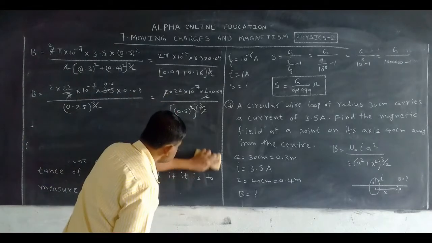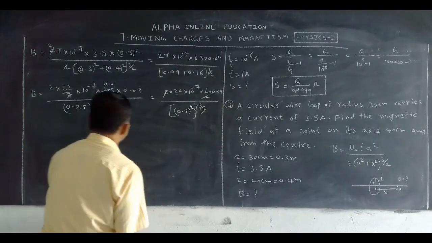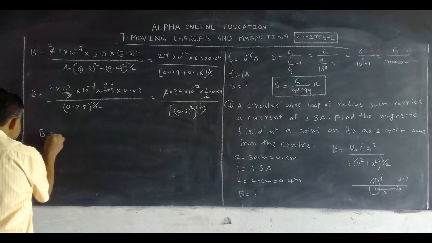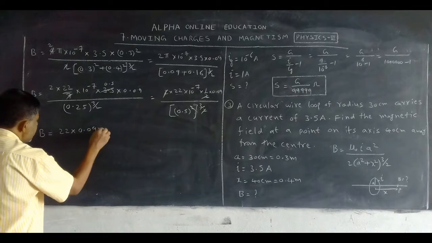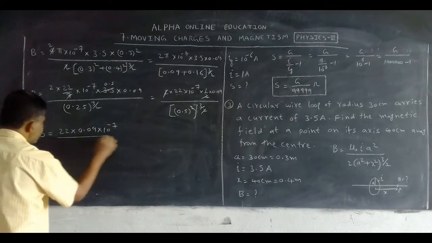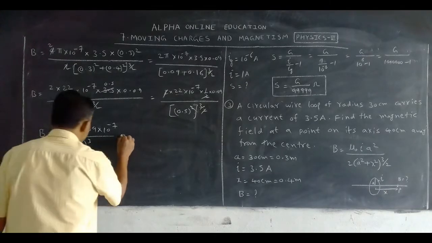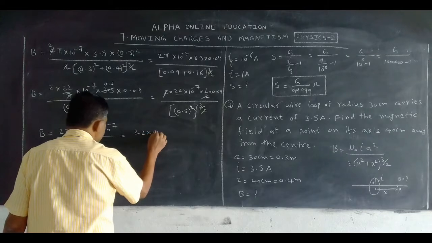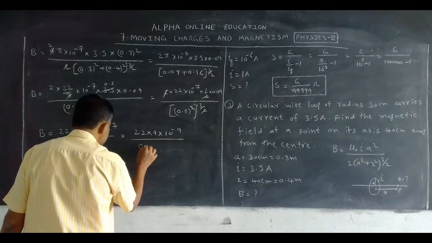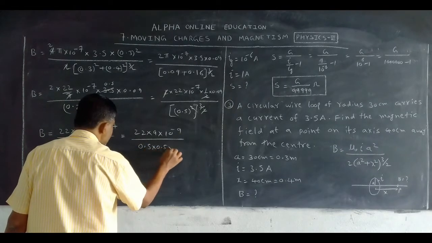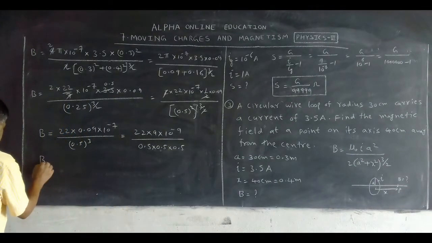So now B is equal to 22 into 0.09 into 10 to the power of minus 7 by 0.5 cube. Okay, here 22 into 9 into 2 zeros, 10 power minus 7 by 0.5 into 0.5 into 0.5, means B is equal to